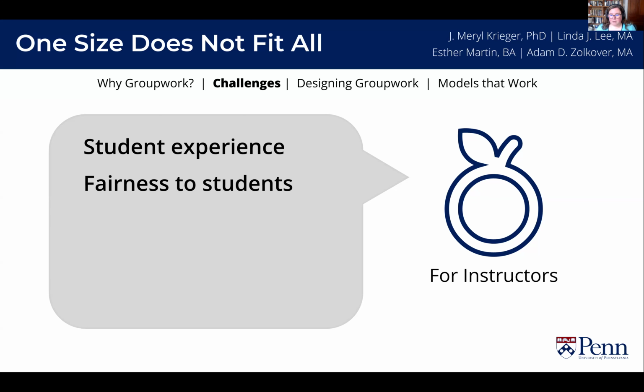Another factor that faculty are concerned about is fairness to students. This includes equity within the class and whether students are doing an equal amount of work, whether there may be free riders who are not doing their fair share. Some faculty question whether it's fair for students to receive a grade that's based on someone else's work. And echoing a concern of students, faculty are concerned about the logistics of group membership. So these all affect faculty's concerns around whether group work itself can be fair to students.